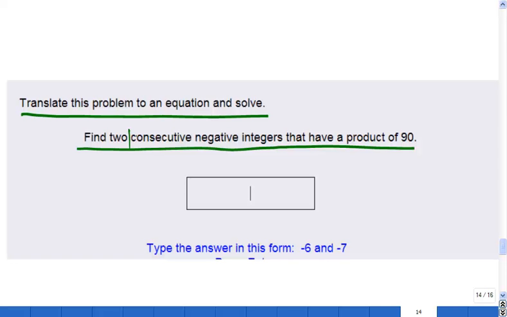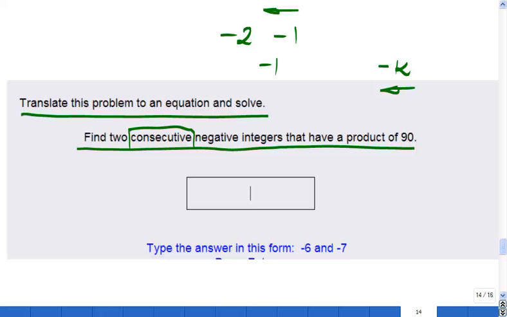First of all, what does consecutive mean? Well, consecutive negative integers, just think about if one is negative 1, I'm going into the negative direction, the other one would be negative 2. How am I getting from negative 1 to negative 2? I'm taking away 1, right? I'm subtracting 1. So if one of my integers supposedly will be negative k,